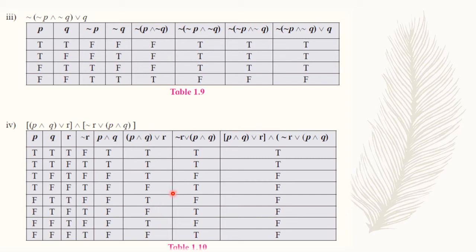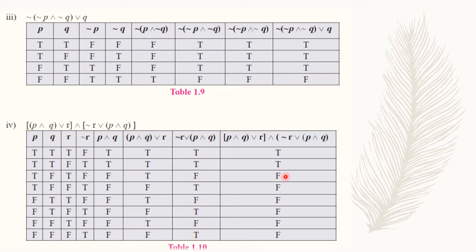Okay, next negation of R or P and Q. So negation of R and P and Q, if you check these two. You have to first check when both are false. When both are false, the disjunction is also false, right? So in the 3rd case both are false, in the 5th case both are false, and in the 7th case. So in 3 places it is false and the rest it will be true.